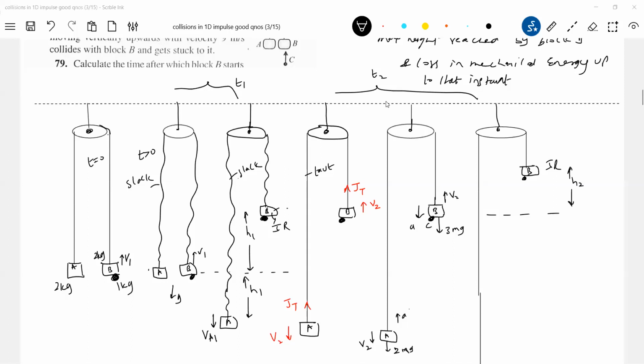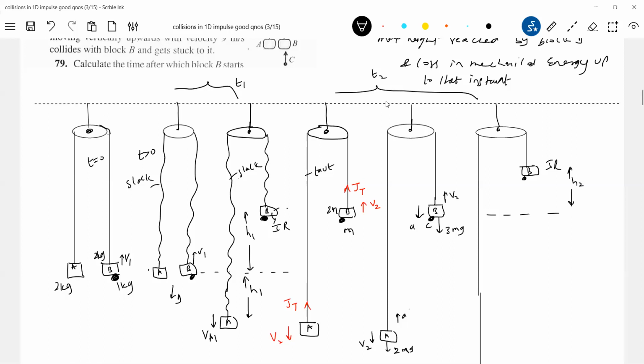Again, the tension will take the normal values. What's happened here with the impulsive tension JT? Suddenly the tension will increase, becomes maximum, then decreases. There's a sequence that occurs here. When impulse is set up, the tension will suddenly increase, becomes maximum, then decreases. JT will not act for a large duration of time. For a fraction of time, the JT will act. That's why we can write JT equal to (2m + m) v into v2.